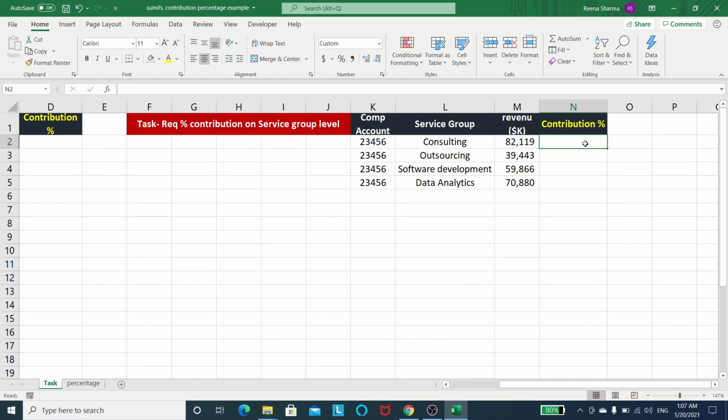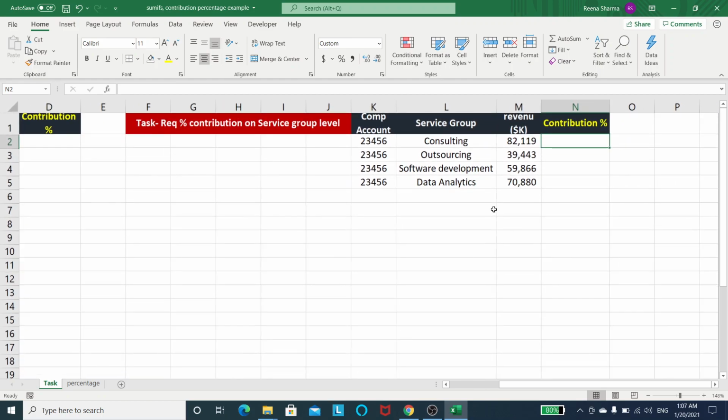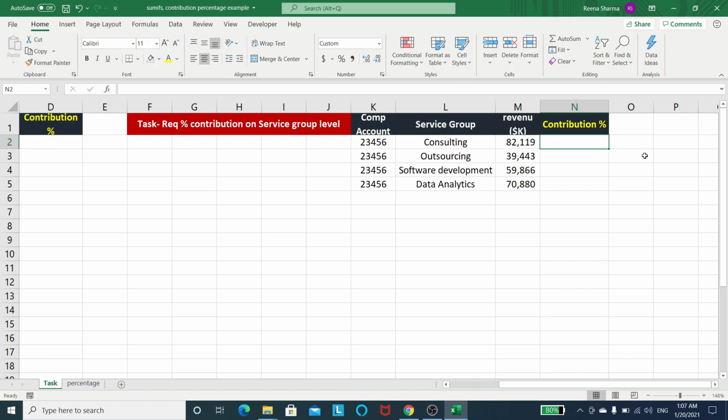To get the percentage, first we need the sum of all of these, as it is just one account ID. You can see 23456, 23456, and we have four service groups here, and these are the revenue contributions.